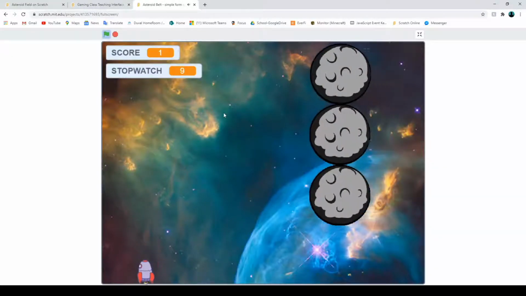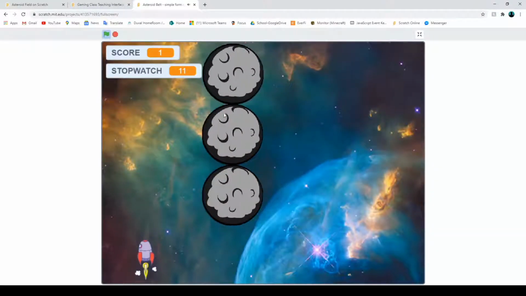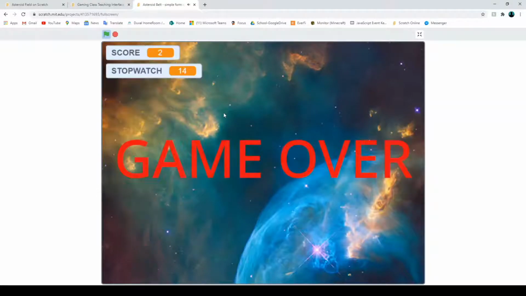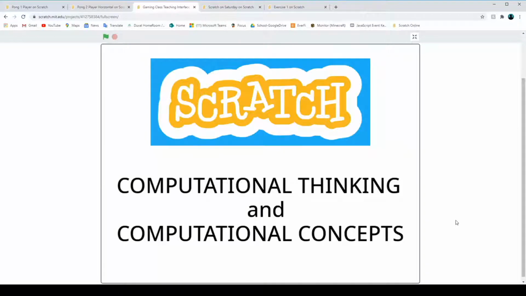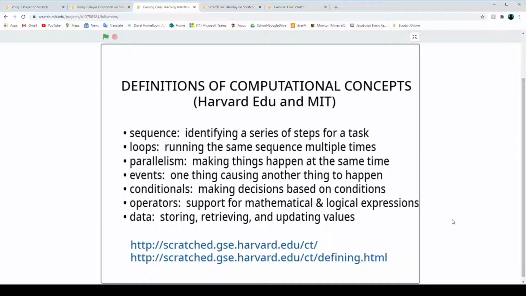It becomes more interesting when we navigate from one level to another. But it is very important to see how it works in a simple form to just demonstrate the basic functionality of the game. I would like to go through a short review of the computational thinking and computational concepts, the way they were defined by the Scratch team at Harvard University and MIT. Here are the series of definitions they provided, and you will recognize them now from your practical